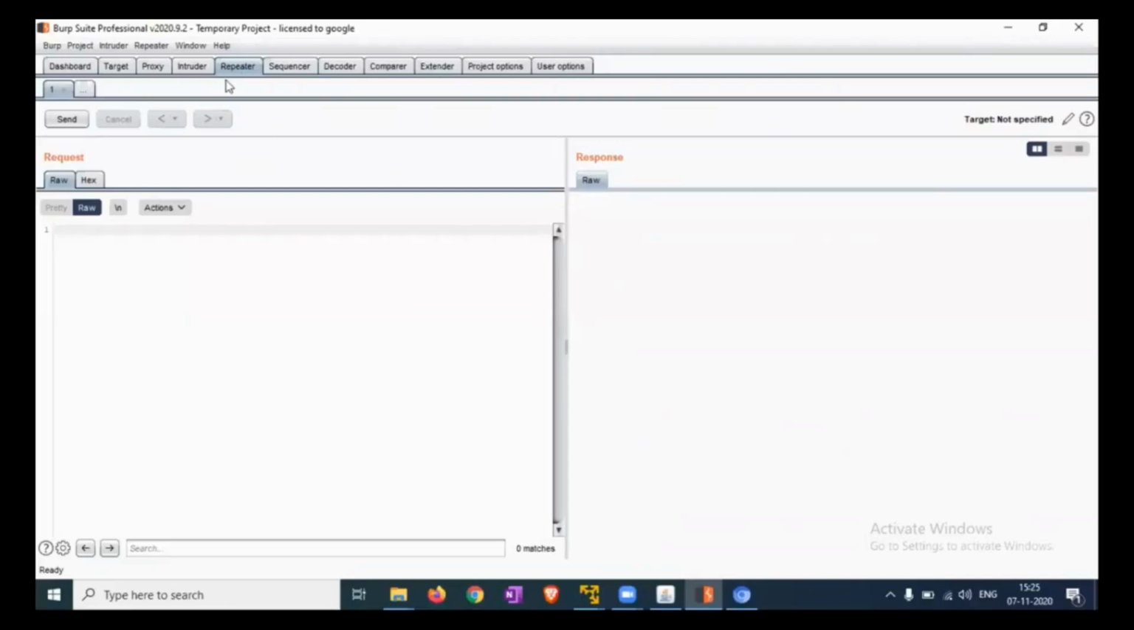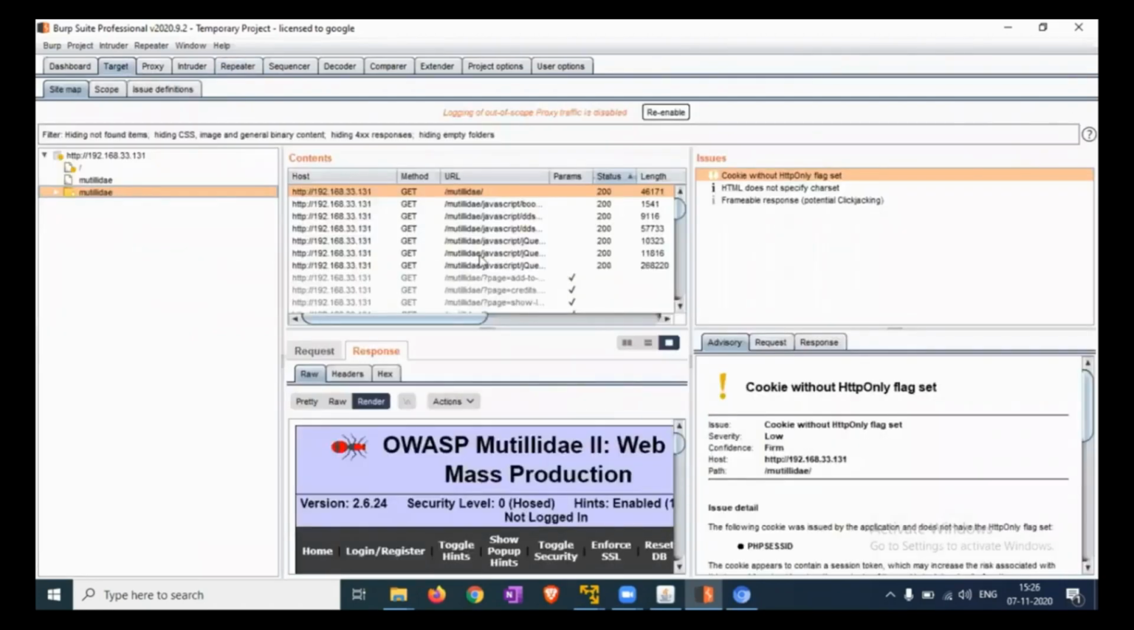Now let's talk about the repeater. Repeater allows for slight changes or any modify request. It is displayed in the left window. For example, if we have to change any parameter, for example, this is the request